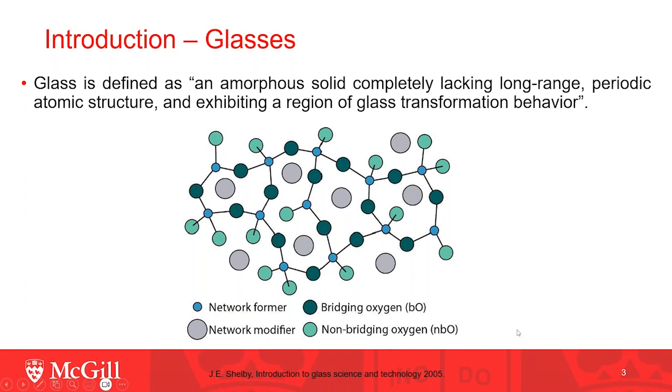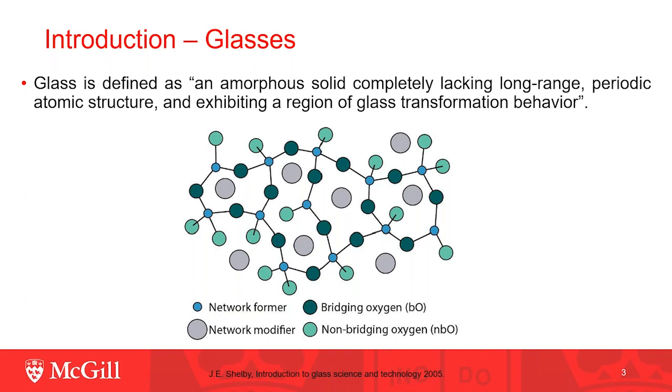Glasses are in the subfamily of the ceramics and are characterized by their amorphous nature, meaning they lack crystallinity, that is long-range periodic arrangement. Glasses also show a range of glass transition behavior, such as glass transition temperature. Glass transition temperature is the temperature above which solid glass begins to behave as a viscoelastic one. It can be used to indicate the bond strength and network connectivity of the glasses.